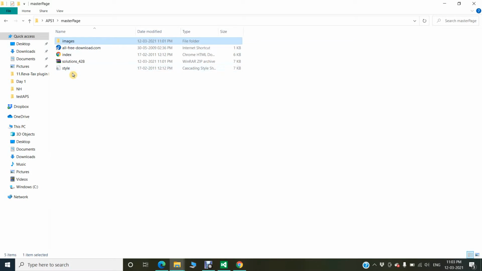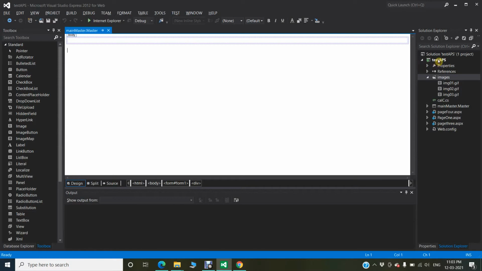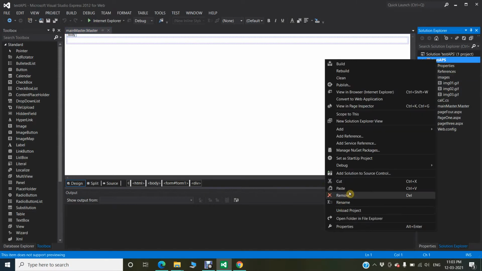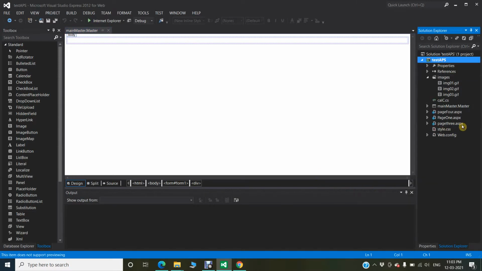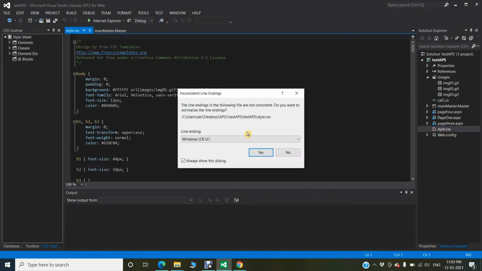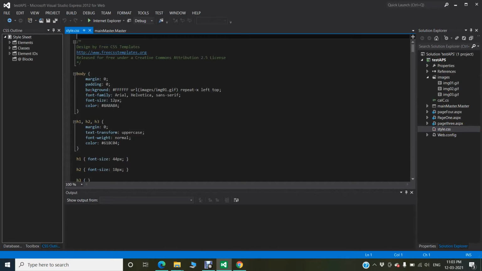Next, the style sheet. Just copy the style sheet again, right click, paste it. So now the style sheet is also added. The style sheet means giving the header,